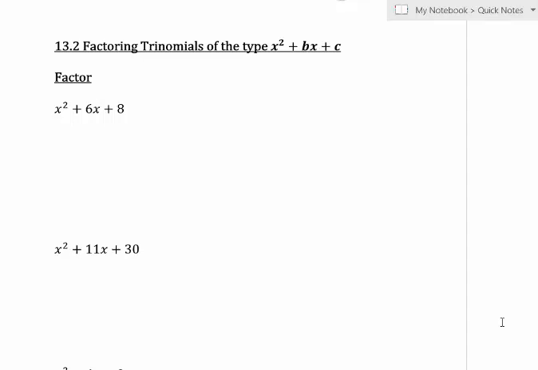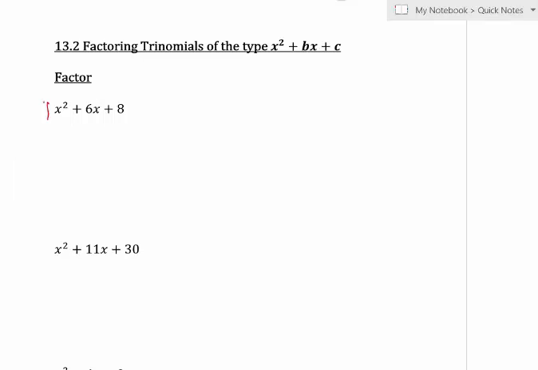All right, 13.2 is factoring trinomials of the type x squared plus bx plus c. So we're going to continue with the idea of factoring by grouping. The first problem here says factor x squared plus 6x plus 8. I want to make a note that the number in front of my x squared really is a 1. So when we're going to factor these, we're going to factor them by grouping, but if you remember from 13.1,